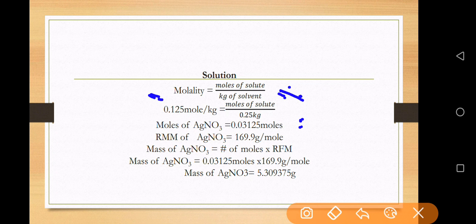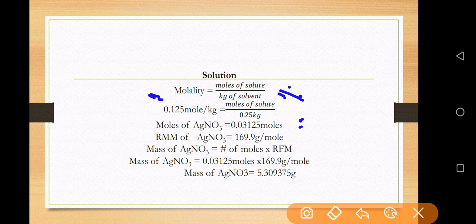We will be required to multiply molality times kg of solvent. So in this case, it will give 0.03125 moles. And we already know that the relative molecular mass for silver nitrate is